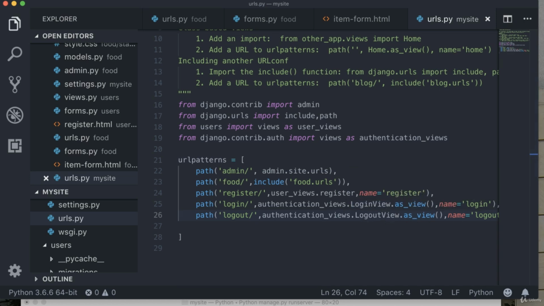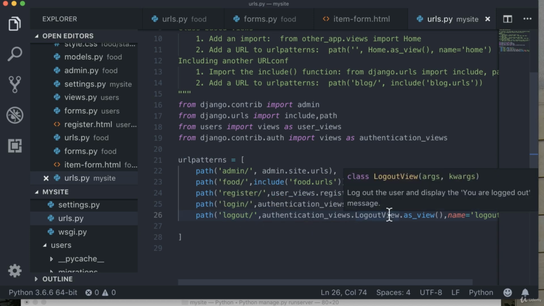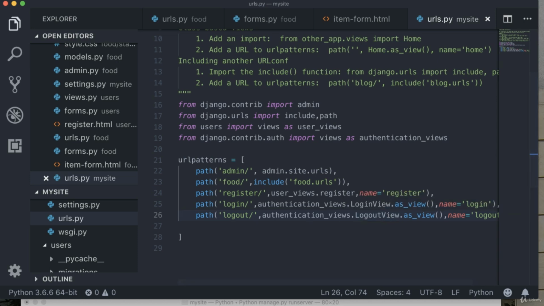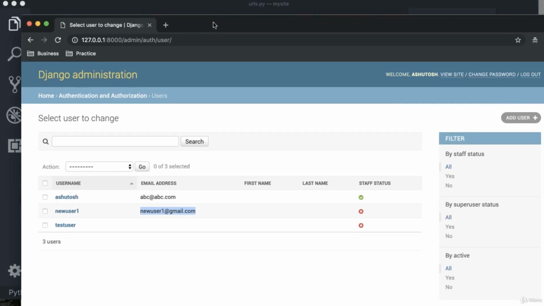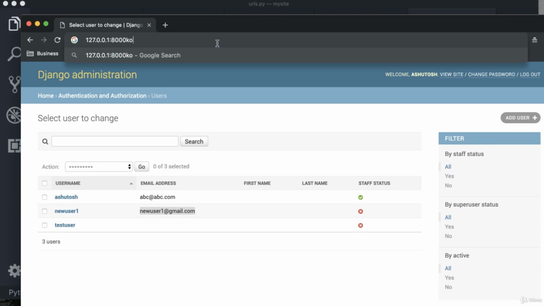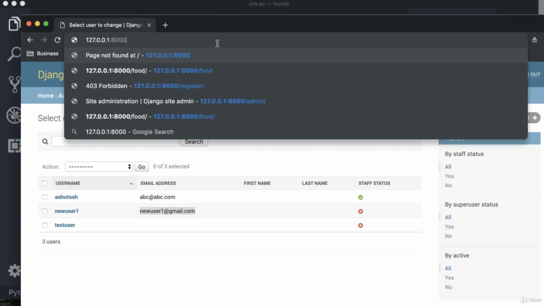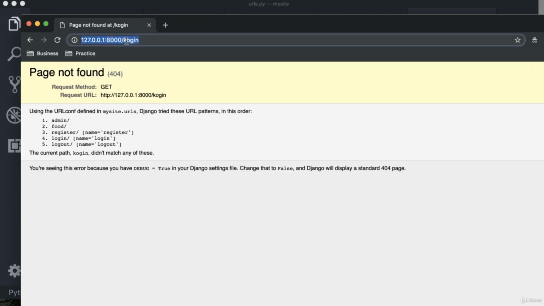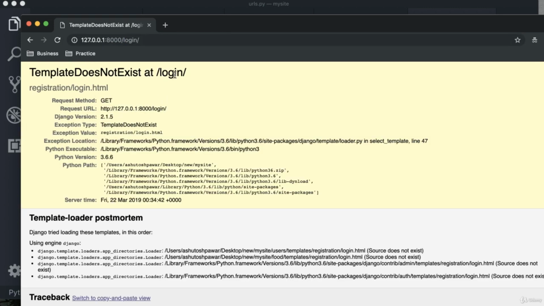The one important thing which remains is that you don't have templates for the login and logout views. The login and logout views are inbuilt, but still they require templates to function. In order to confirm if that's true, let's run the server, and let's try to access login over here and see what we get. I guess I misspelled this. This should be login. And as you can see, when I type in /login, it says that